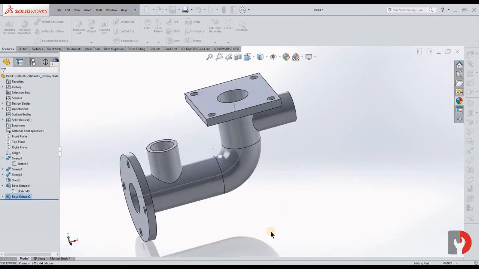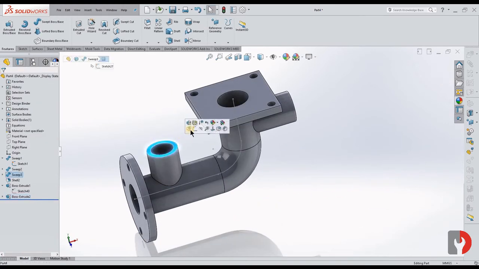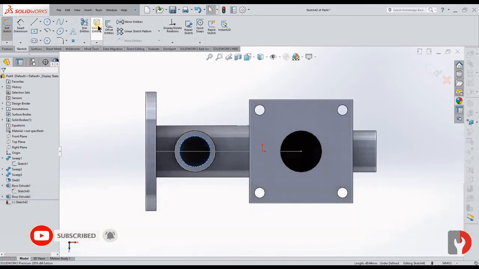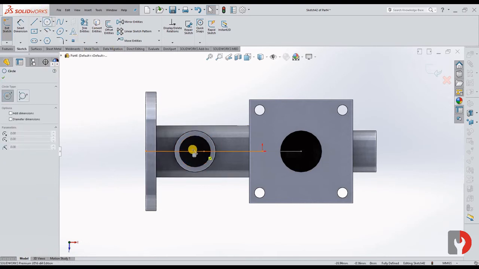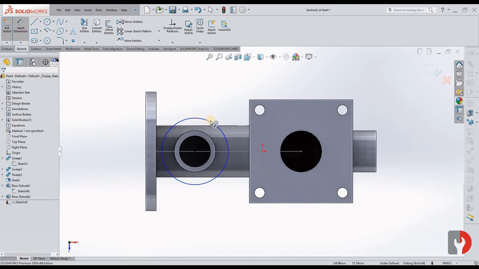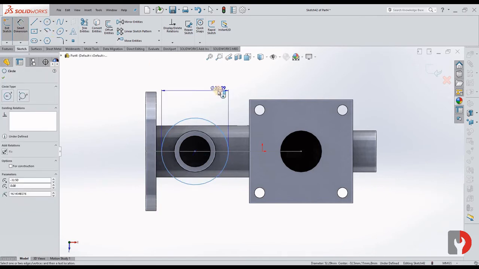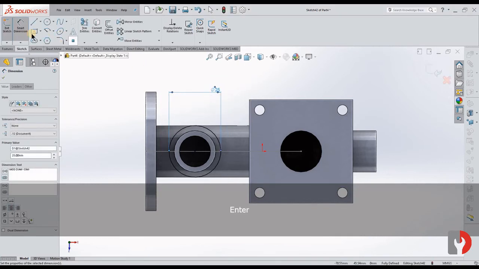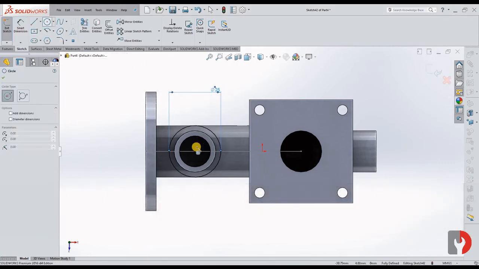Now let us choose this face, sketch this circle to the sketch, convert, and let us draw another circle over here. The diameter is 25. Okay, let us draw another circle vertical to it.